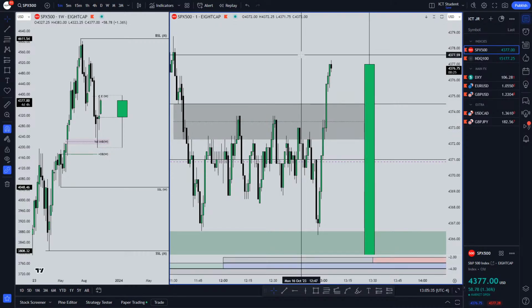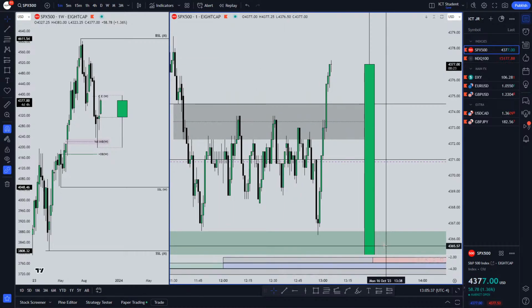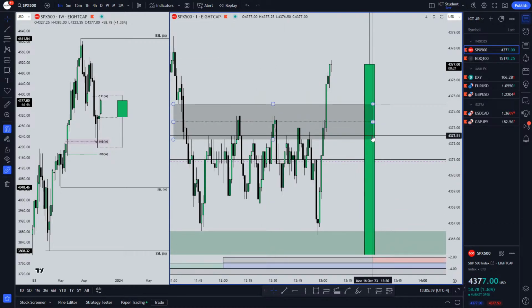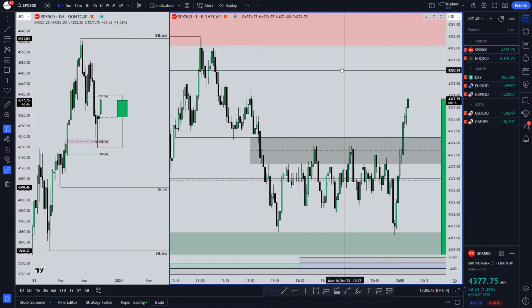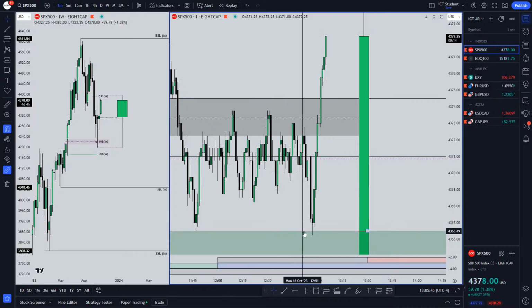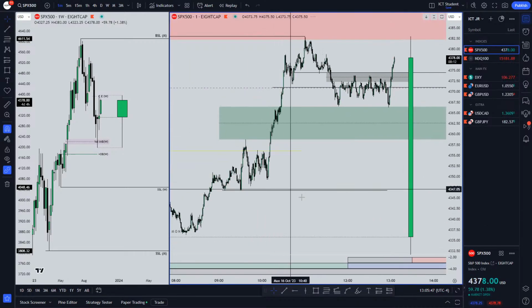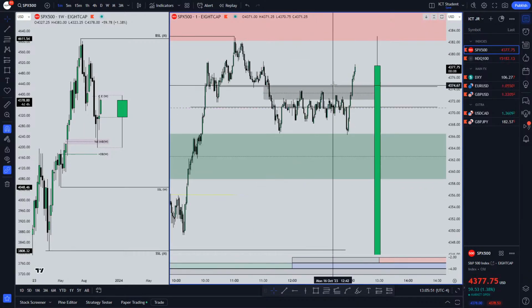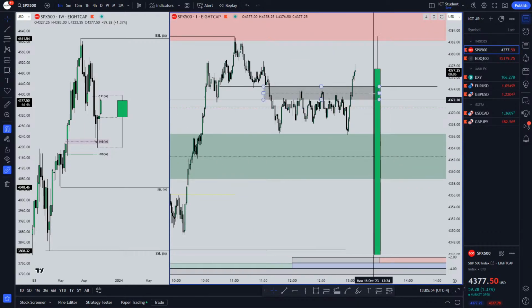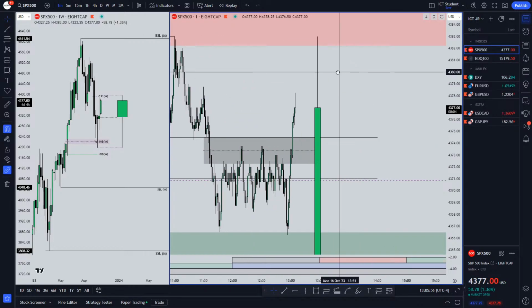So yeah, you can see that here down here, guys. This is the accumulation phase. It's gonna end at 13:30, so PM session. This is a continuation, I guess, from the previous trend right here. I'm gonna want to see if we can have some sort of manipulation.